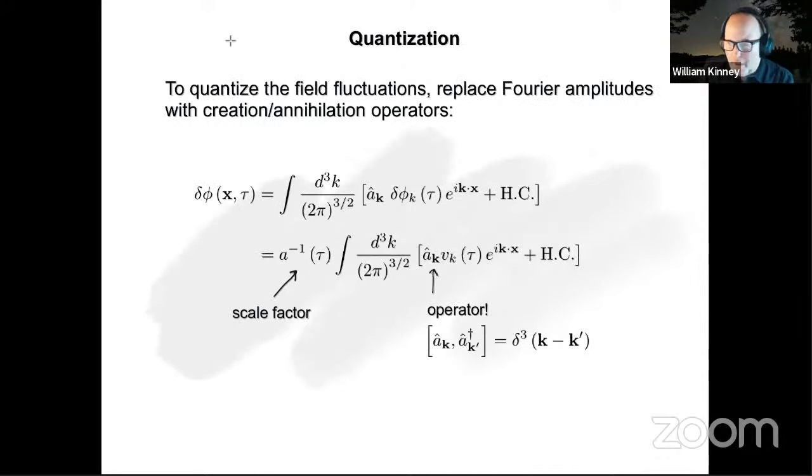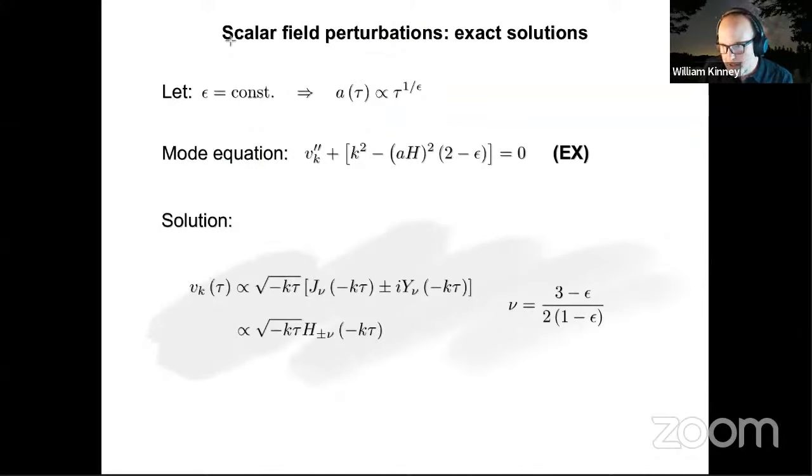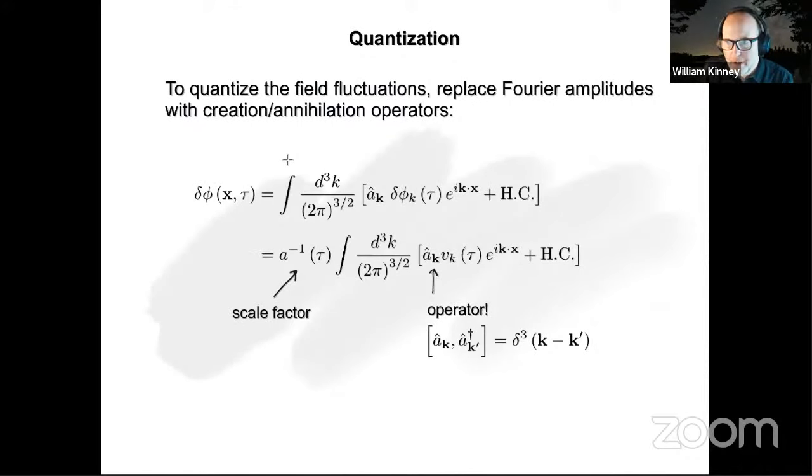Here's the complicated part. Now we want to calculate the amplitude of this thing, right? So we know the behavior of this in time. We know the time dependence of this mode function, but we don't know the amplitude of it. The amplitude is set by a boundary condition at short wavelength by quantization. So in order to calculate the amplitude of this, we need to quantize the field, and we're going to canonically